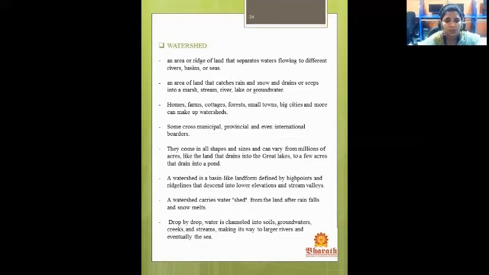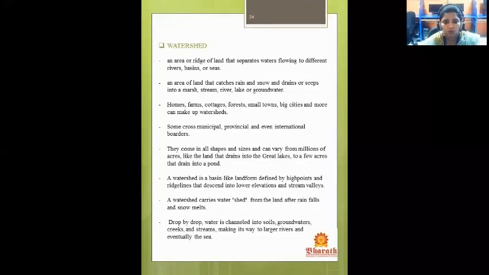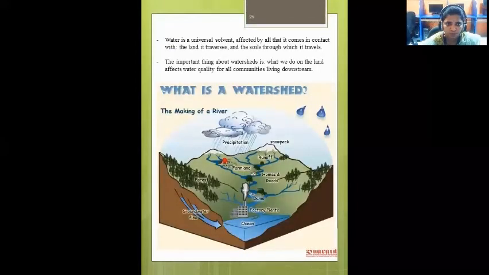A watershed is a basin-like landform defined by high points and ridge lines that descend into lower elevations and stream valleys. A watershed carries water shed from the land after rainfalls and snow melts. Drop by drop, water is channeled into soils, groundwaters, creeks, and streams, making its way to larger rivers and eventually the sea.